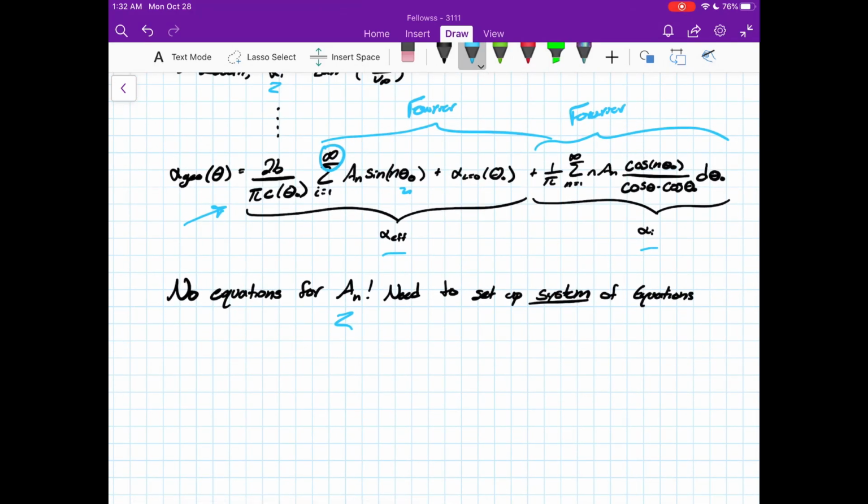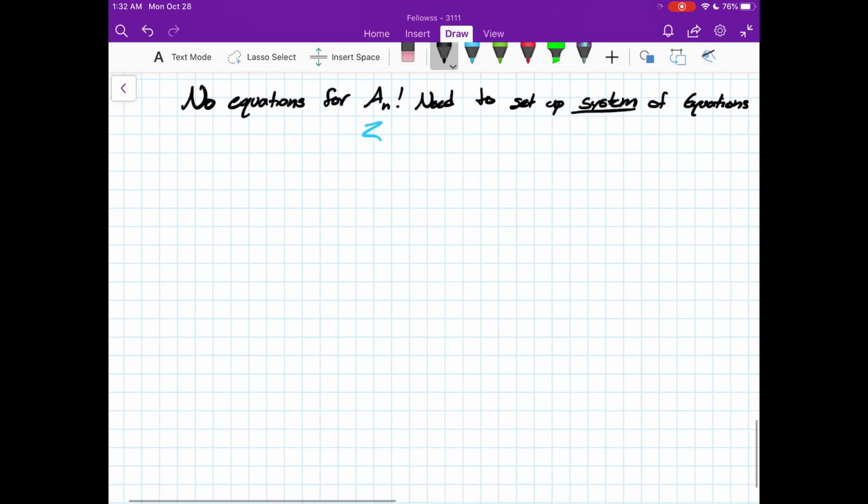And anyway, we can find AN, and with that we can find things like we have all these other relations, right? Where CL is equal to pi A1 AR. AR is the aspect ratio. The drag coefficient, which for us is purely the induced drag coefficient. We're not modeling any other drag. And this is just CL squared over